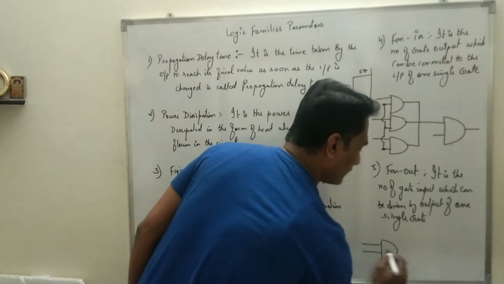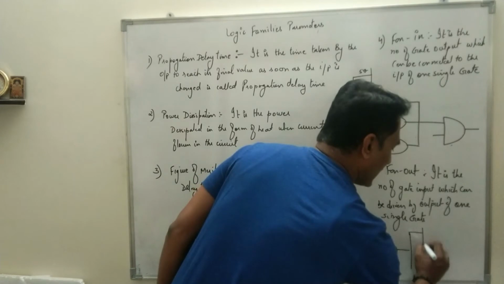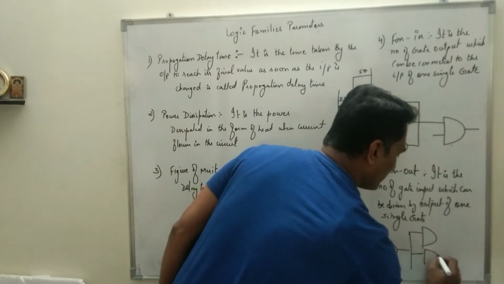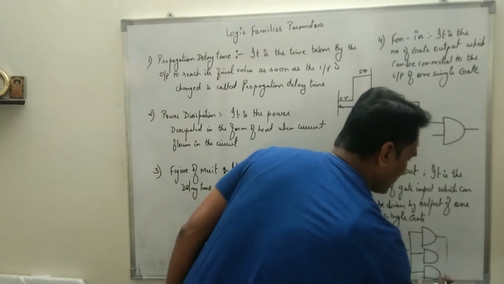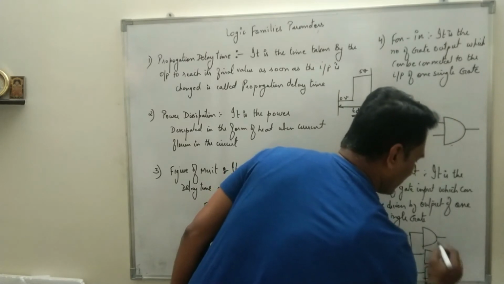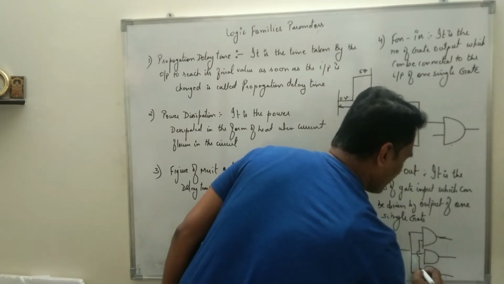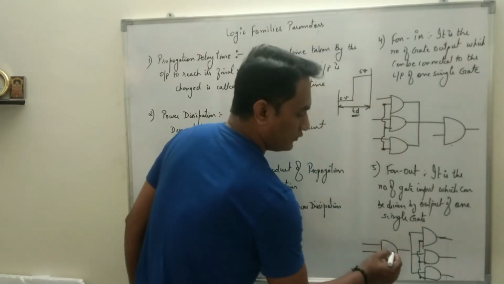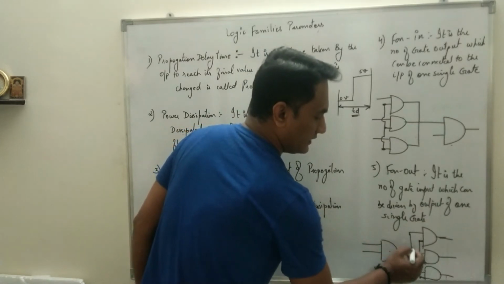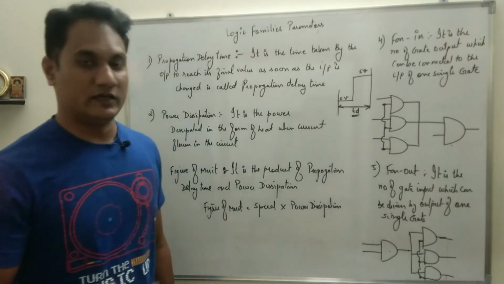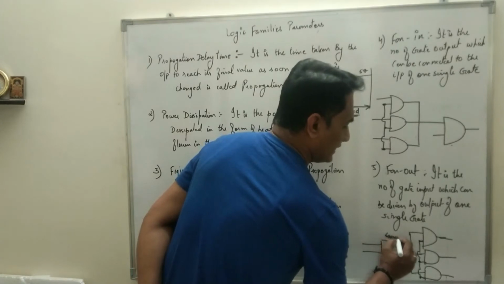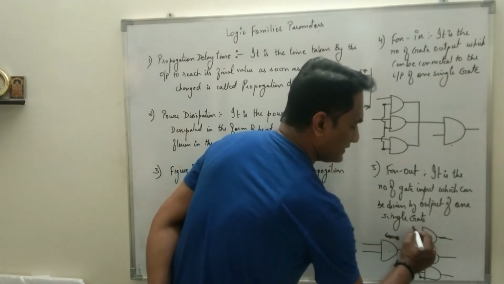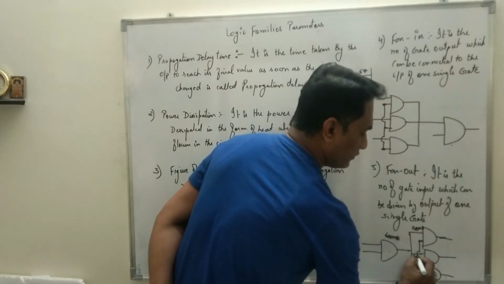Let's say these are the 2 inputs for an AND gate, this is the output, and this output is then given to the input of three different gates. So now the output of one gate is driving the inputs of three gates. Again, I will give you an example. Suppose the output of this AND gate has 600 milliampere. When the current gets distributed, each gate will get 200 milliampere, right?